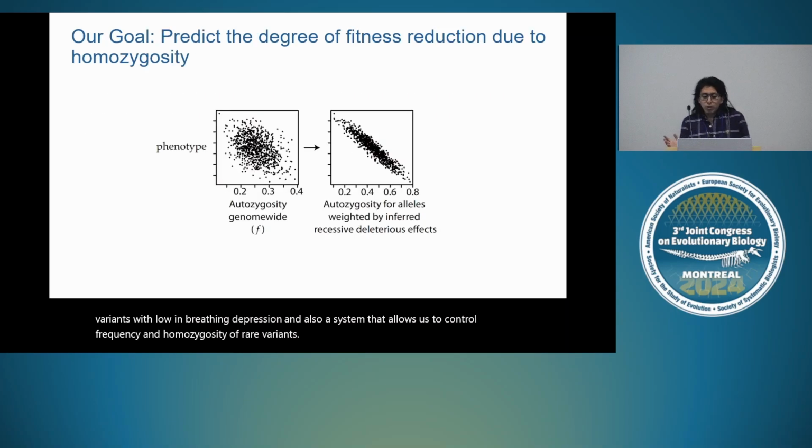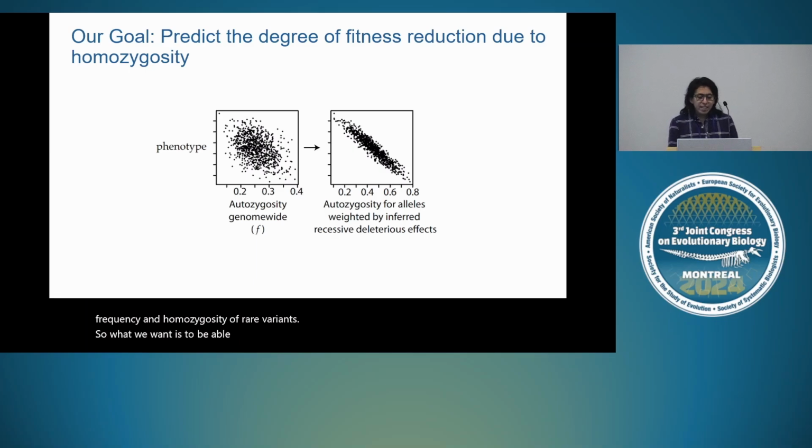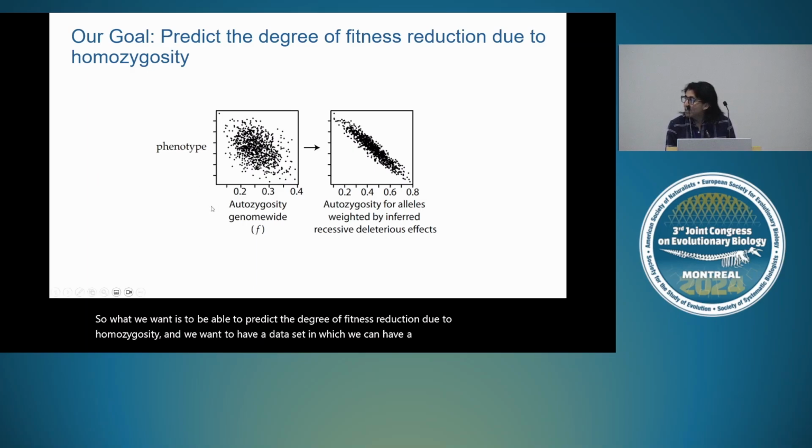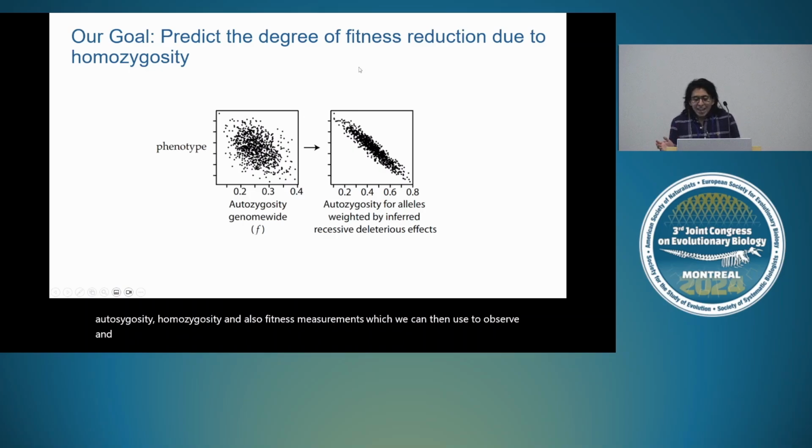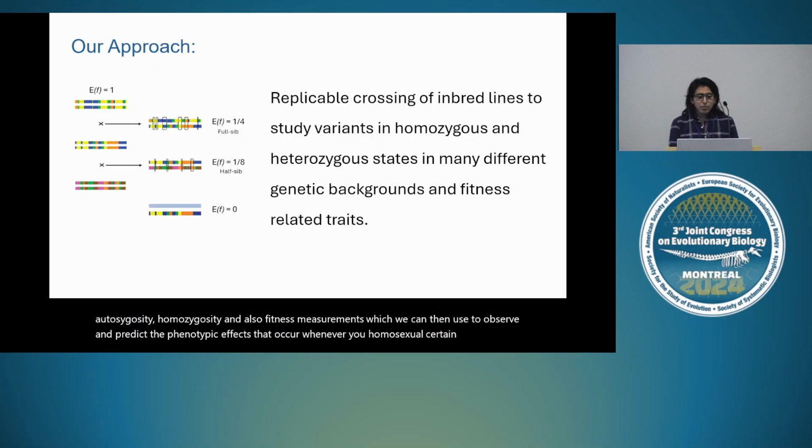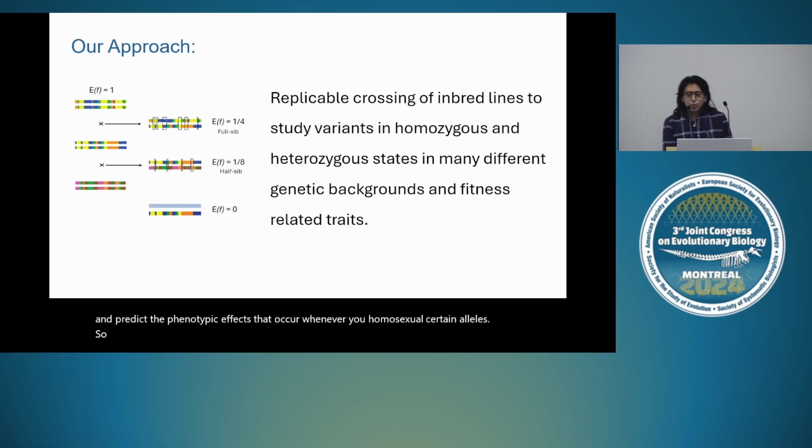So what we want is to be able to predict the degree of fitness reduction due to homozygosity. And we want to have a data set in which we can have a varying range of genome-wide homozygosity, and also fitness measurements, which we can then use to observe and predict the phenotypic effects that occur whenever you homozygose certain alleles. So our approach is to do